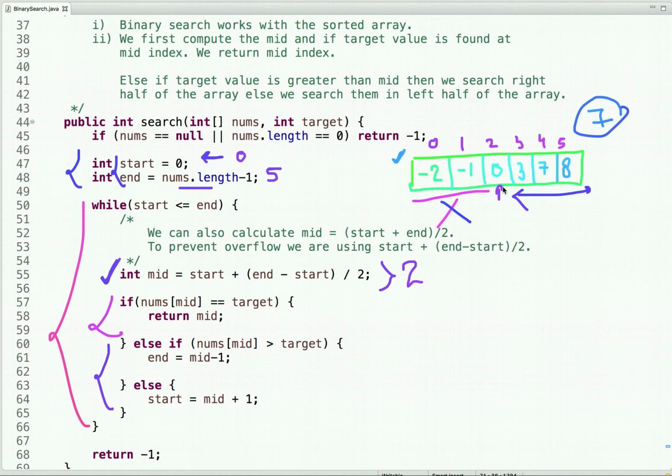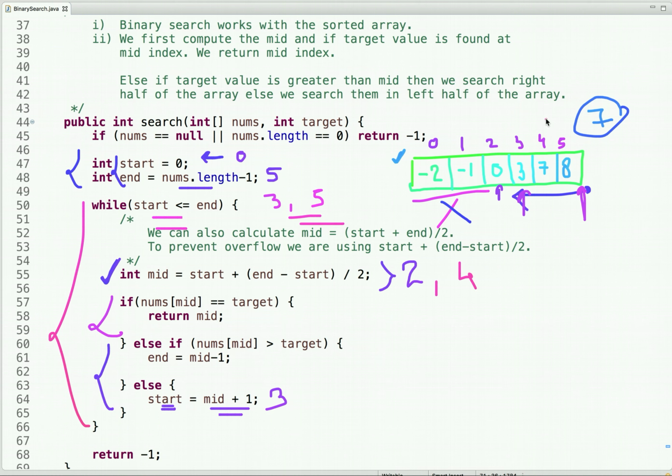Yes. So what we have to do is take this start variable and reassign it a new value, and the new value is mid plus 1. So it is 3. We have to start searching for the value 7 from the third index to the fifth index. So the value of start is 3 and the value of end is 5. So this condition is true, and again we recompute the mid, and this time using these values we get the mid, which is 4.